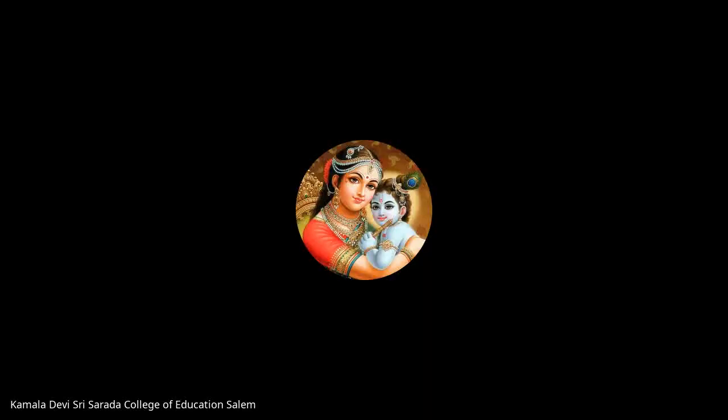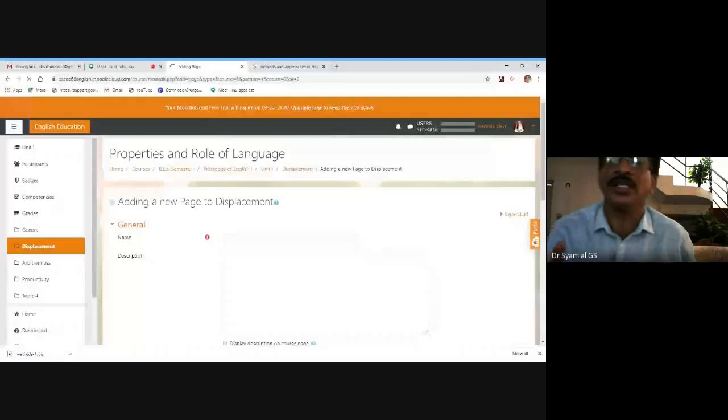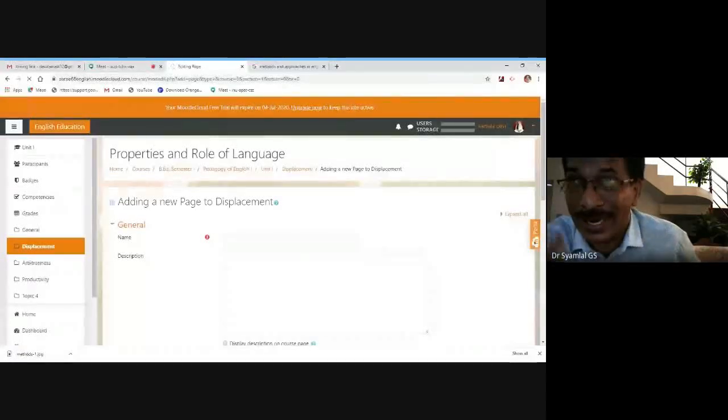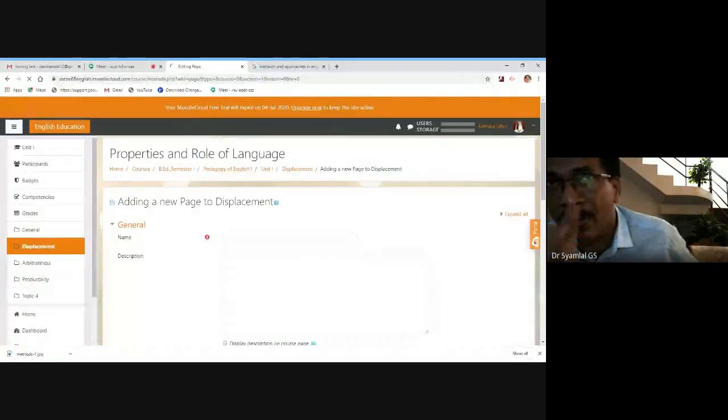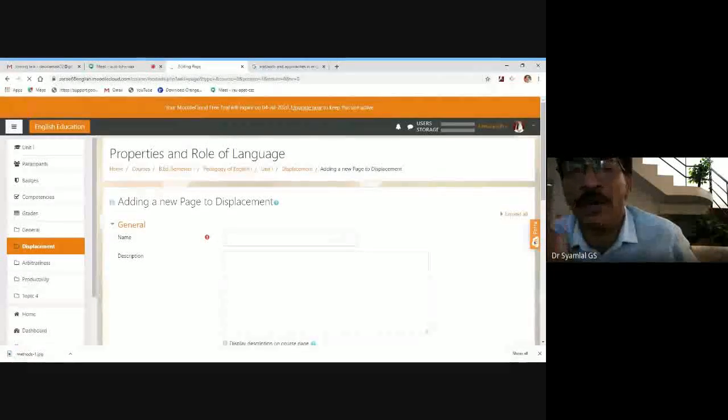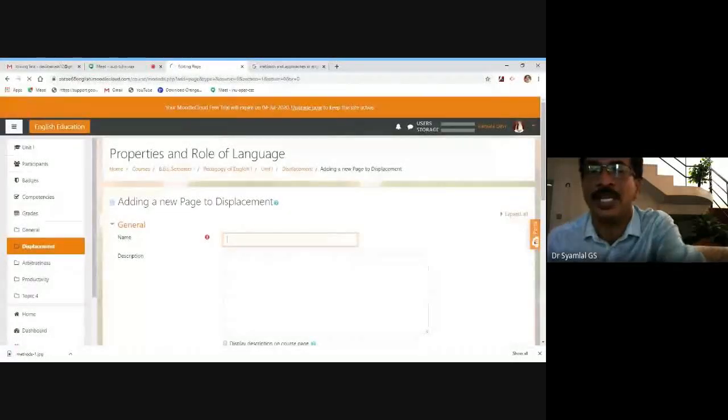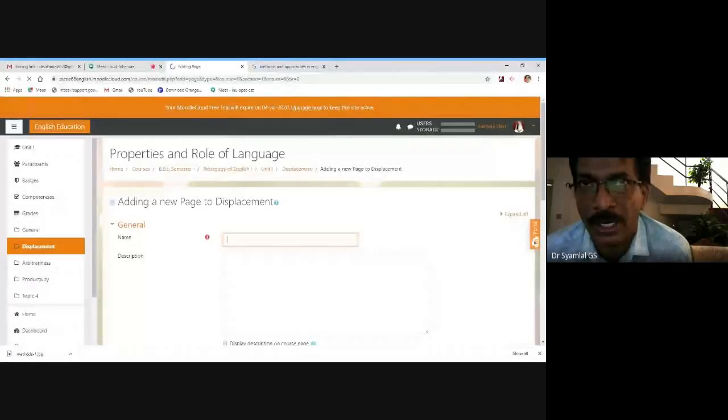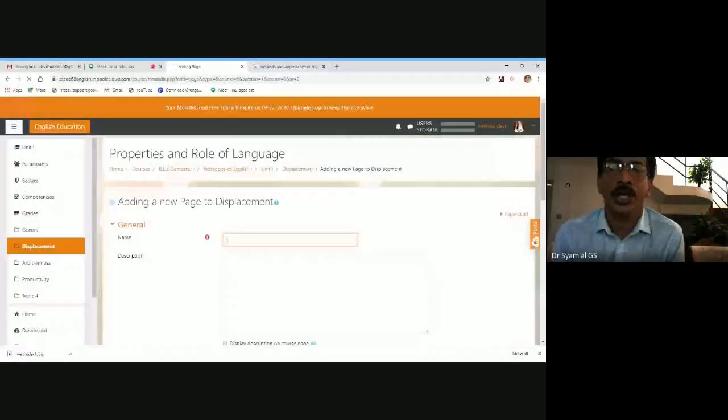Click on Add, because normally it realizes that you are going to prepare a new page. So Add will be highlighted and Cancel will be minimized. If you have done it mistakenly, you can cancel. But here we have done it knowingly, intentionally, so there is no mistake. Click on Add and you will be seeing this page. Hope you understood.